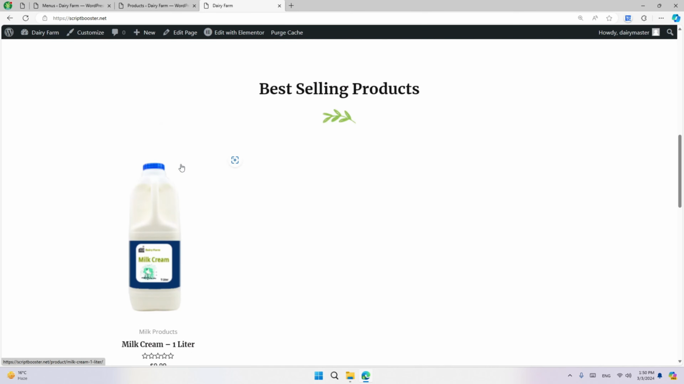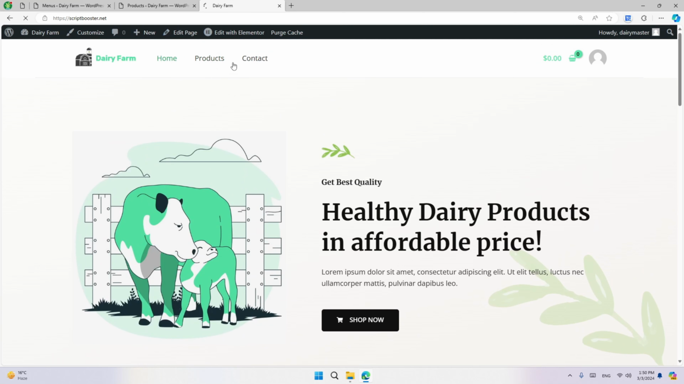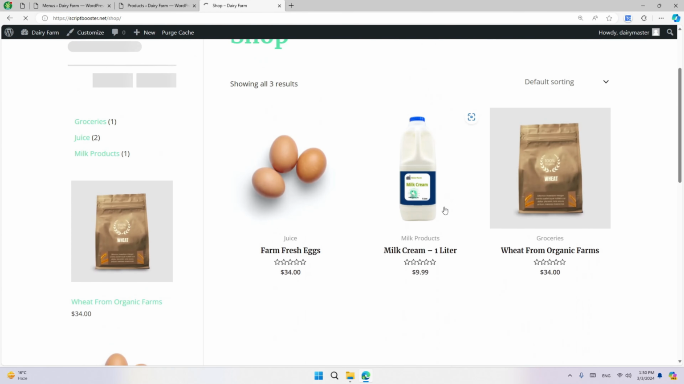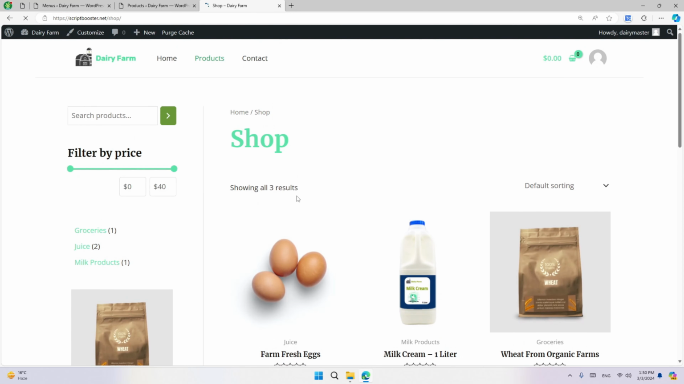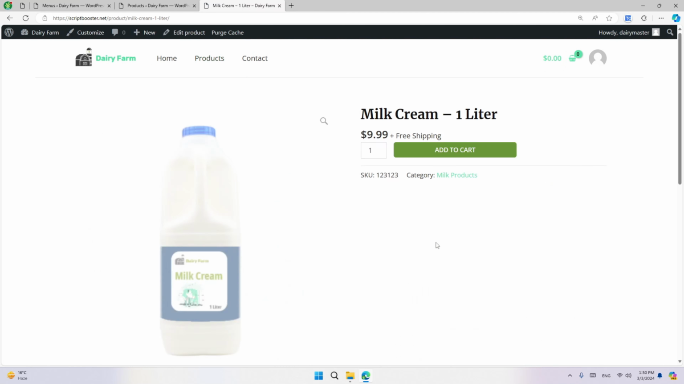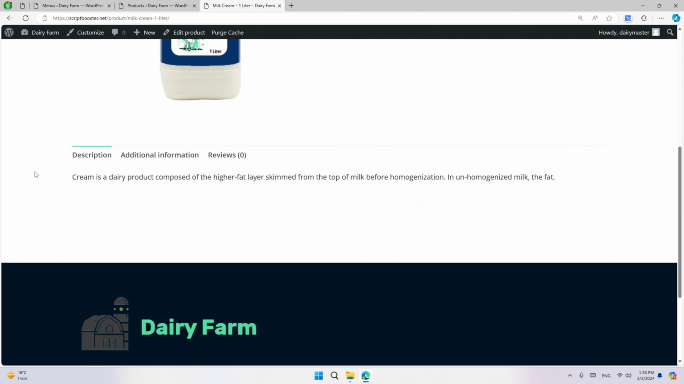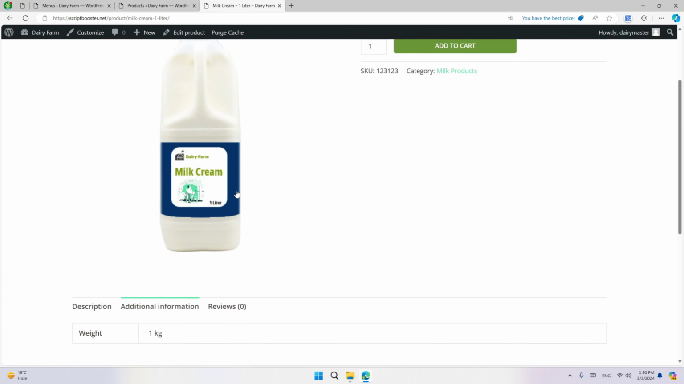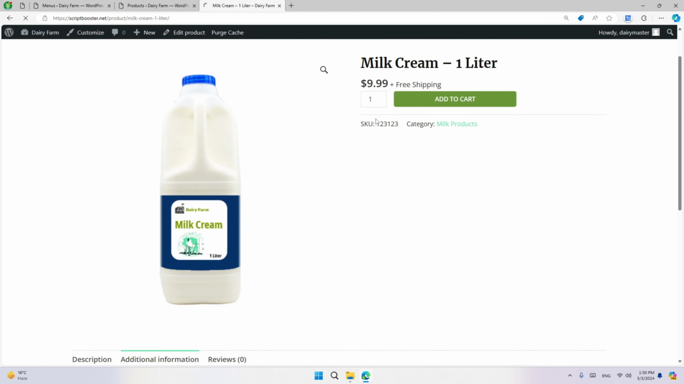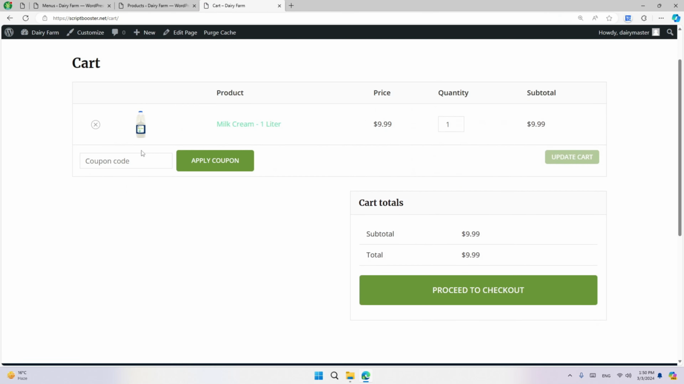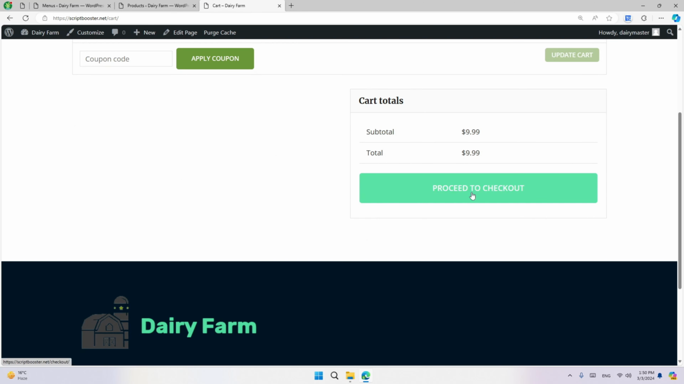So if we go to the products page, we can see the products. Let's refresh it once again. So you can see we have this milk cream here. We can basically shop it. Now you can see we have the description here. If you want, like weight 1 kg, something like that, you can enter SKU, unit, category. Now you can see we have the view cart option here, and also we have this proceed to cart option,